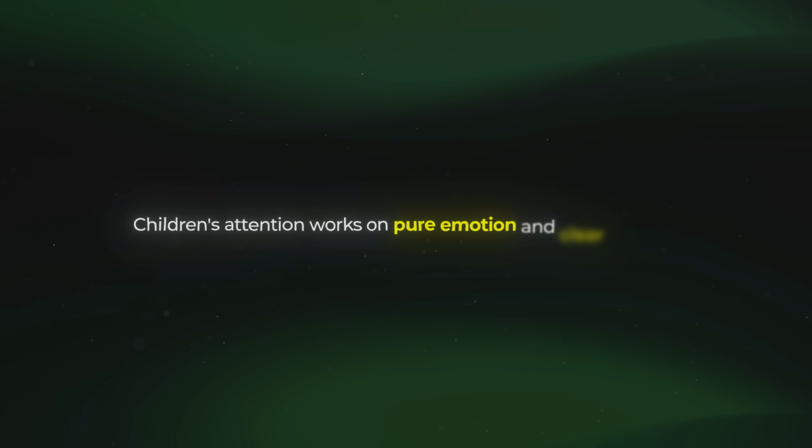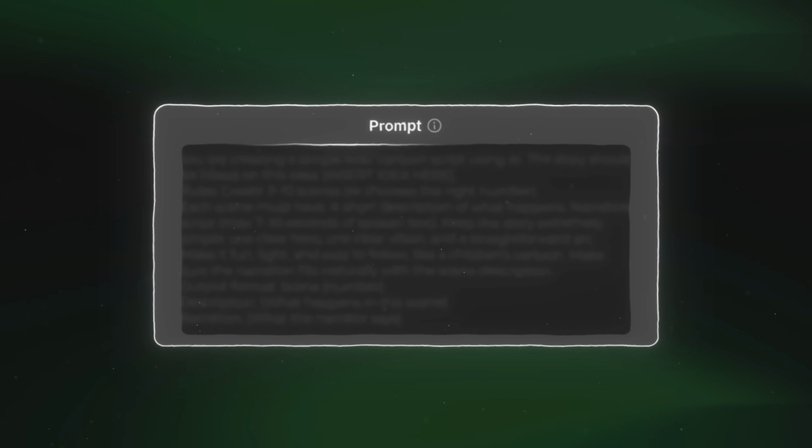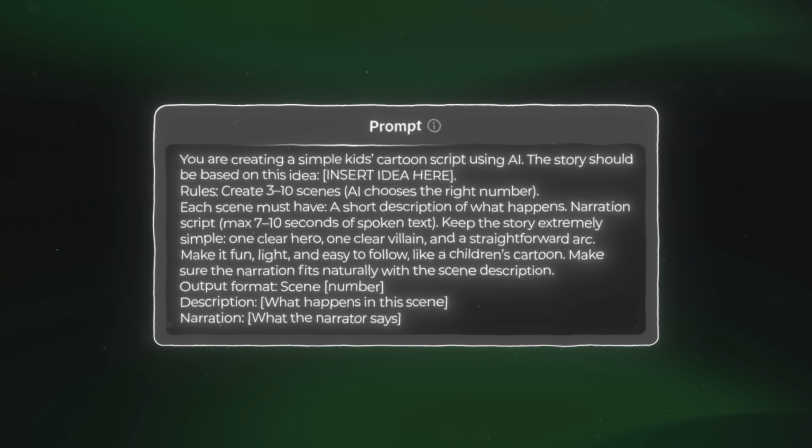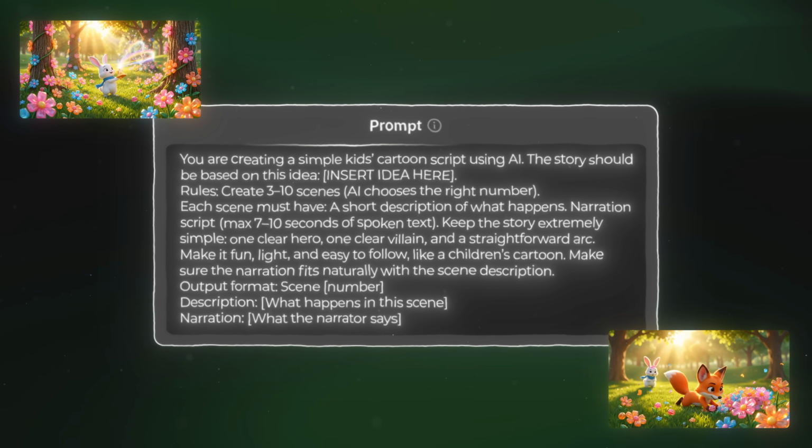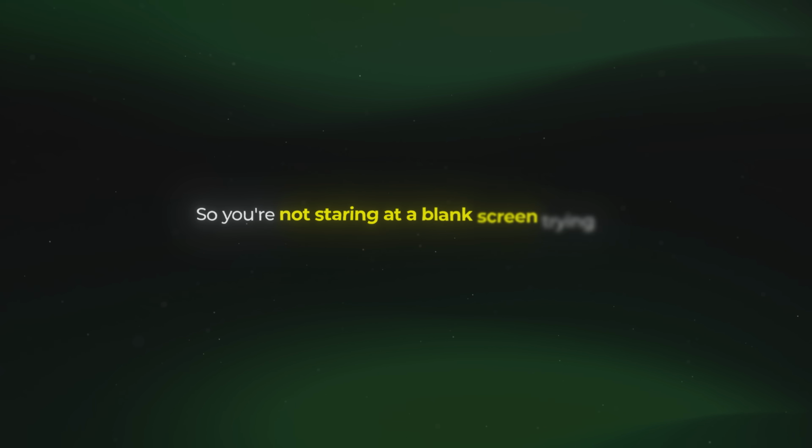This is what separates cartoons that kids actually watch on repeat from the ones they scroll right past, because children's attention works on pure emotion and clear stakes. And to make creating all of that super simple, I've actually built out a custom template that you can use to create cartoons just like the ones we'll do today. This template does the heavy lifting for you, so you're not staring at a blank screen trying to figure out